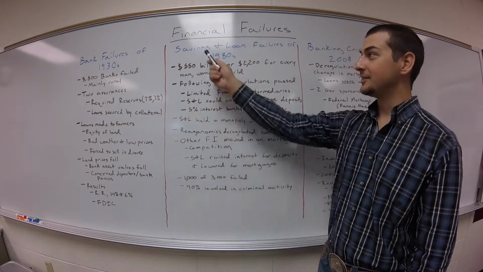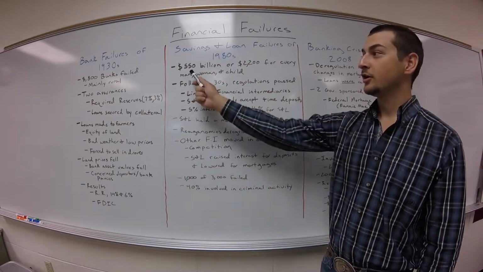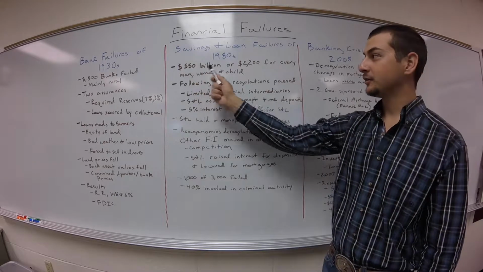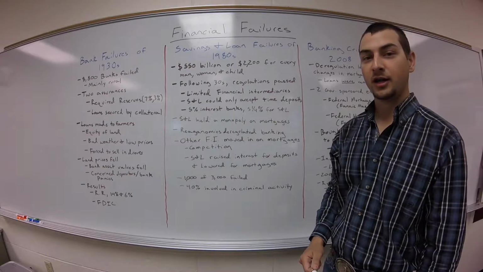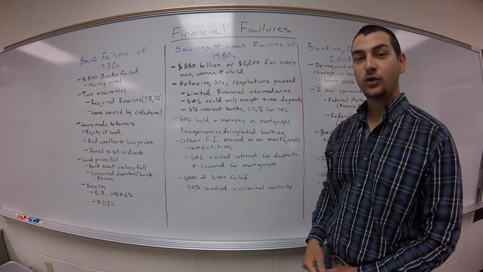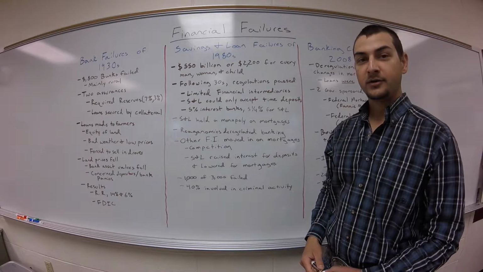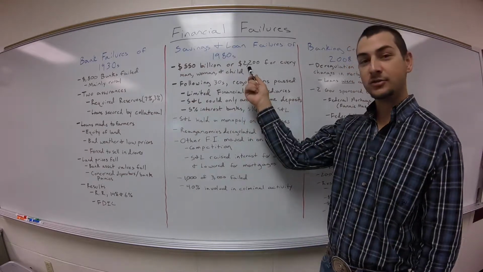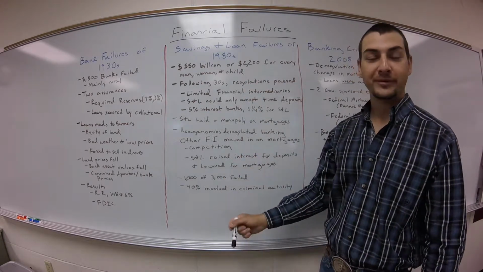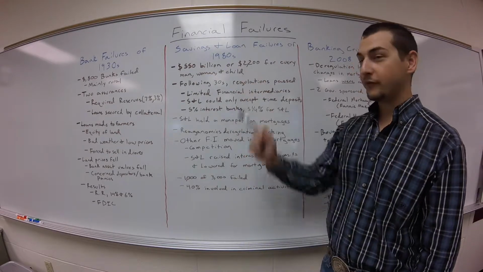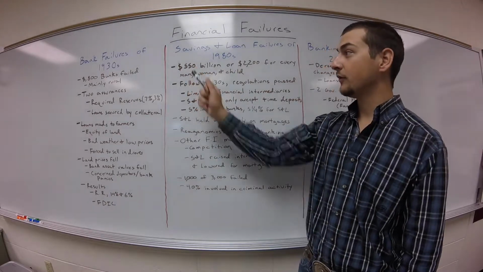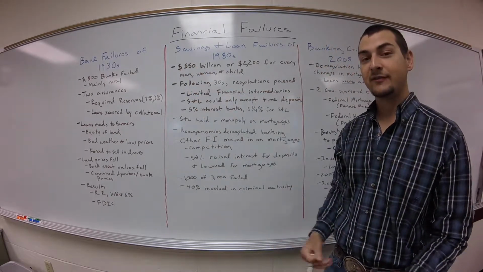In the 1980s, the savings and loan failures cost $550 billion. That accounts for $2,200 for every man, woman, and child. So think about it this way. If you were a family of 4, you would have to pay $8,800. Every family of 3 would be $6,600. Every family of 5 would have to pay $11,000. And all of them at the same time to be able to cover the cost of